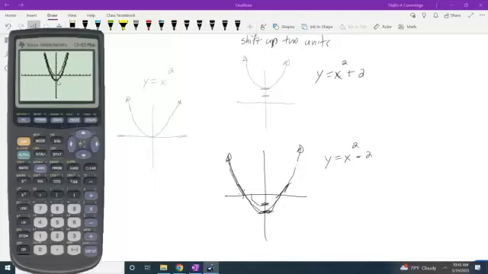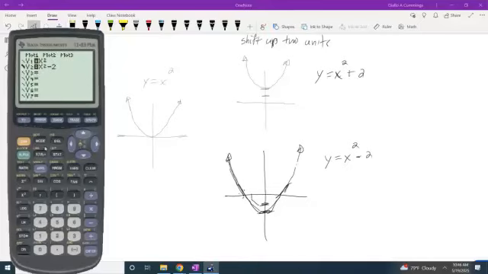And you can do that with any of those functions. If you take the absolute value function and add 2 to it, it's going to move it up 2. If you take the absolute value function and subtract 2 from it, it's going to shift it down 2 units. Right? So just to show that,